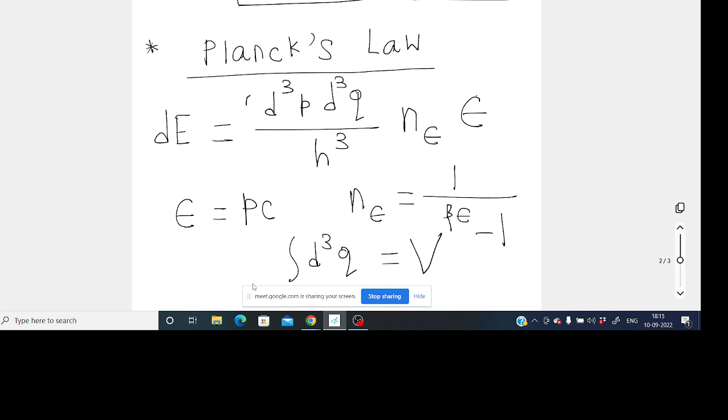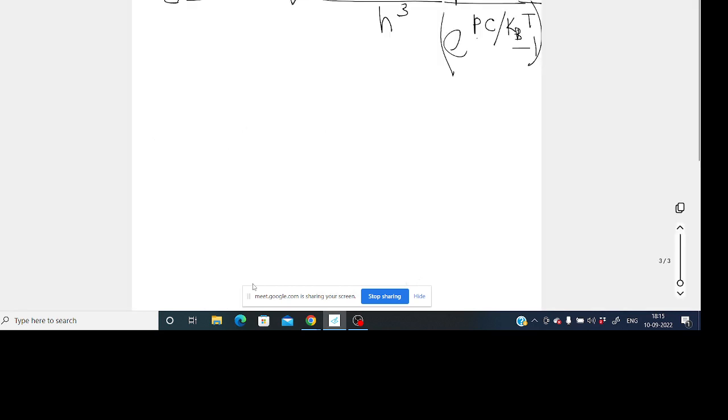So for that we need to multiply it by a factor of 2. Okay, we'll multiply it with 2 here. So if you simplify it properly, then you will get 8 pi V p square dp by